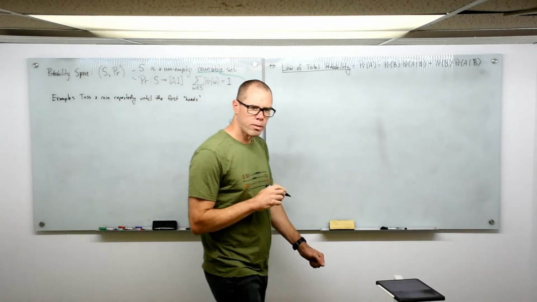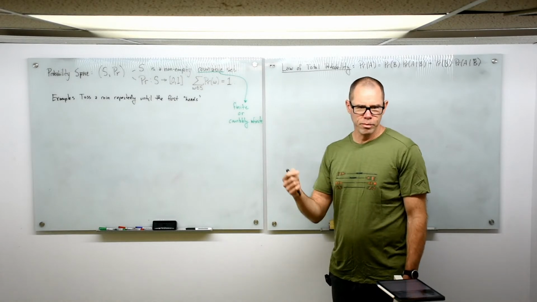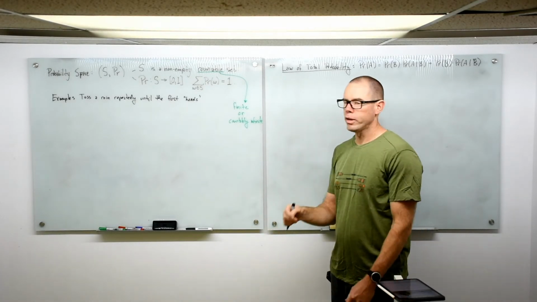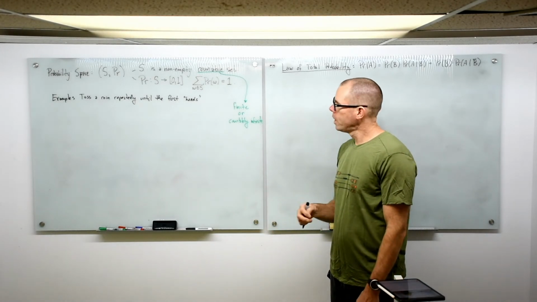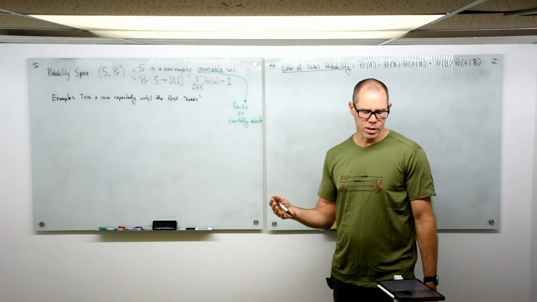It's an easy experiment, right? You take a coin and you toss it. If it comes up heads, you stop immediately. If it comes up tails, well, you toss it again and repeat this way. So as long as the coin keeps coming up tails, you'll toss it again